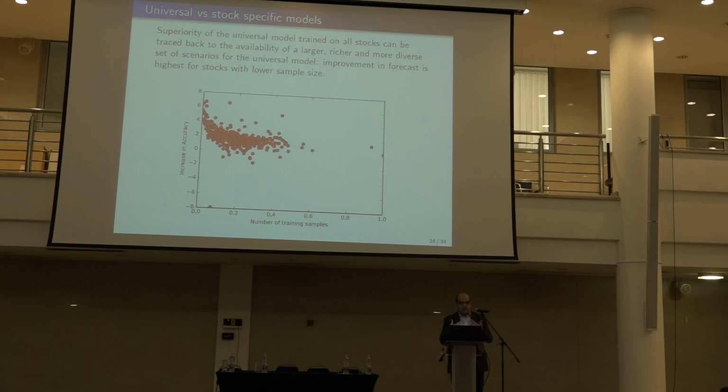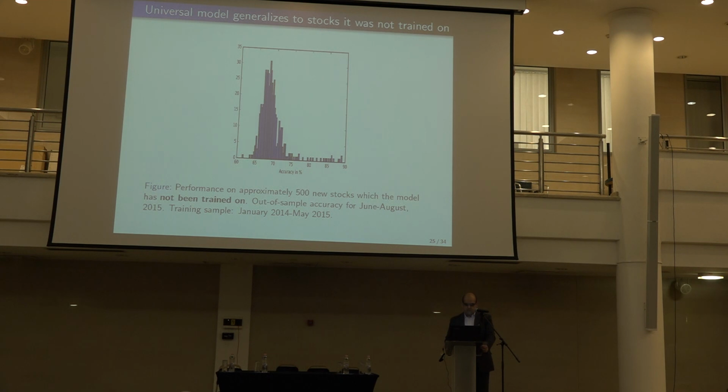When people estimate models for forecasting, if they want to forecast IBM stock, they will use data for IBM. They will never use data for Google stock to train the forecasting model for IBM because they think it's different. Well, this shows that what you gain by pooling outweighs all this reluctance to pool because they are different. They're not so different. The proof is not only you do not lose accuracy, you gain accuracy. So there's something universal in the information you get here, which is not specific to each stock.